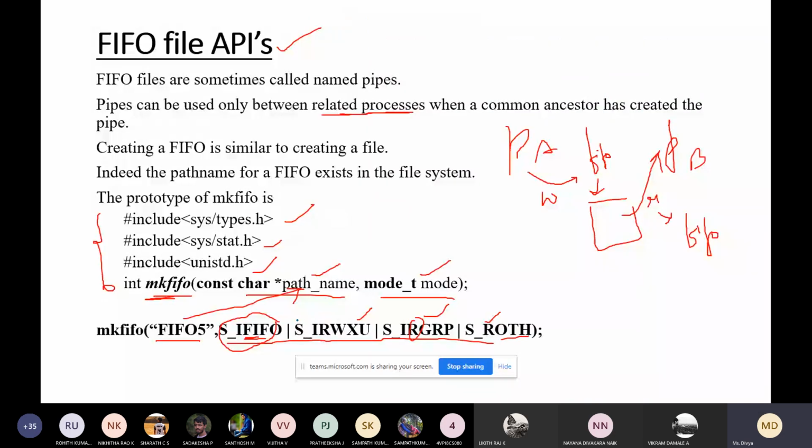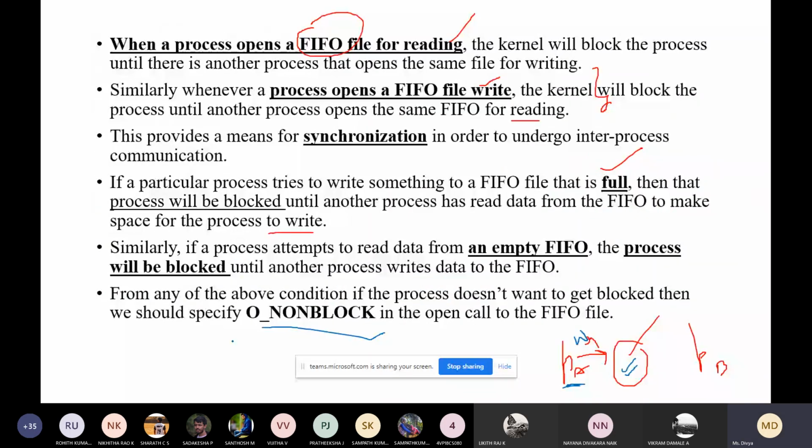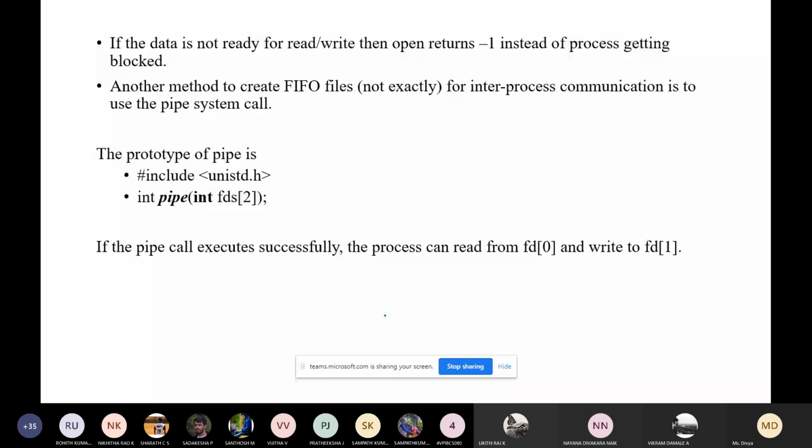You have to write it here, and the process that does not want to get blocked can specify this flag. If the data is not ready for read or write, then open returns -1, instead of the process getting blocked.